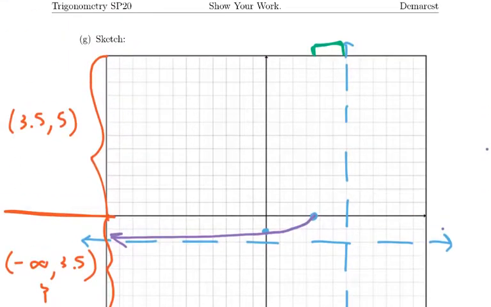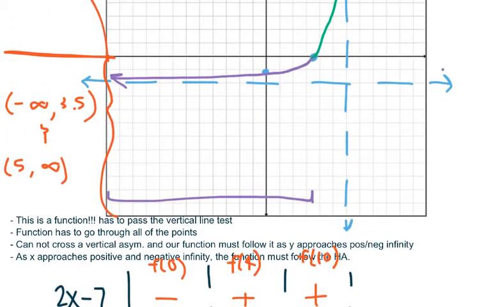I really only have one option here. I start at the point, because remember it has to hit all points, and then I just go up forever, making sure to be following the vertical asymptote. Okay? And then for the last interval, 5 to negative infinity, it's a little tricky because we don't have any